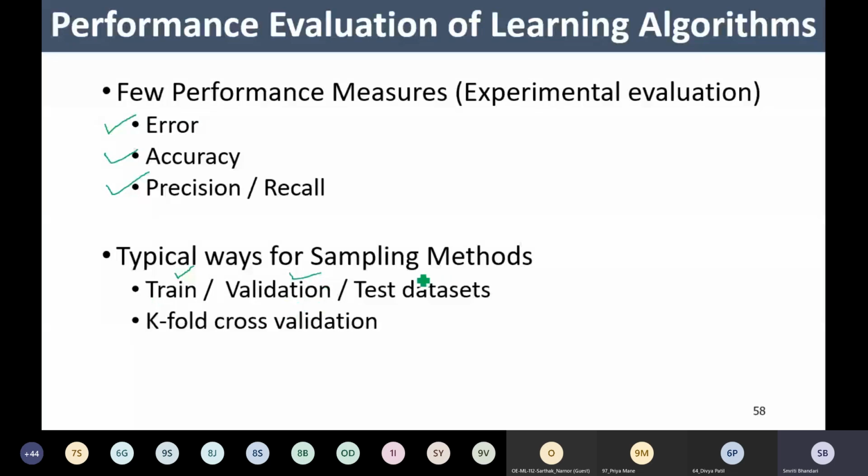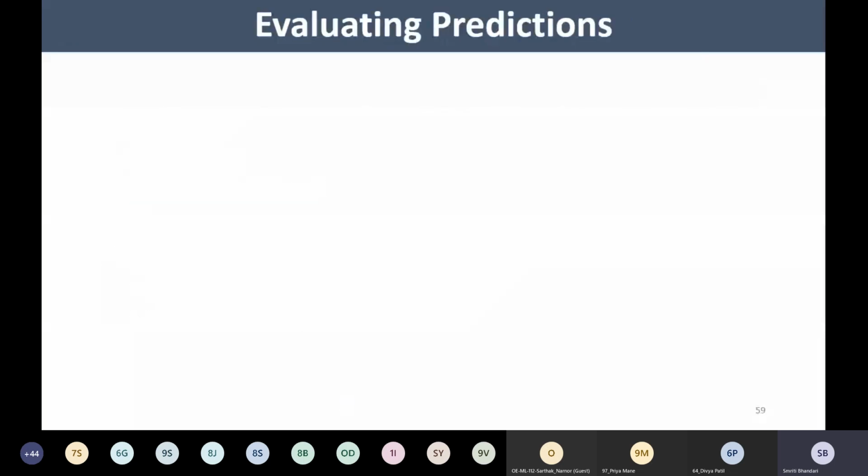Once it is done, we present our algorithm some test samples. And if my algorithm is predicting the test samples correctly, then based on that, it is possible for us to find out or to evaluate the performance of our model. Also, sometimes we may use the k-fold cross-validation mechanism as the sampling method. So we are going to focus upon all this in this section of our discussion. So let us proceed now with